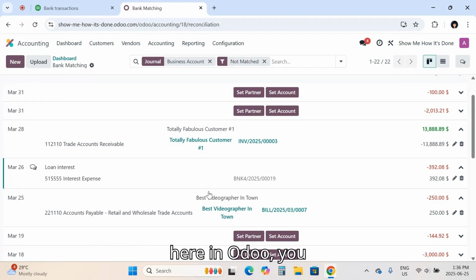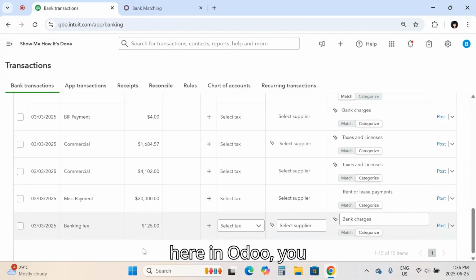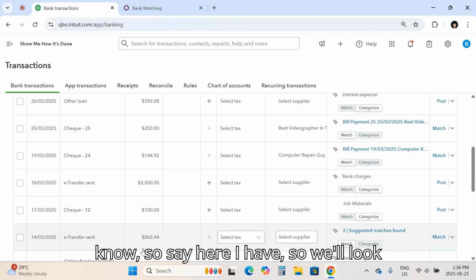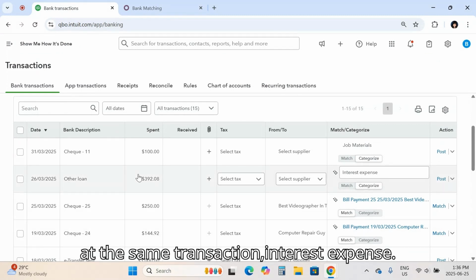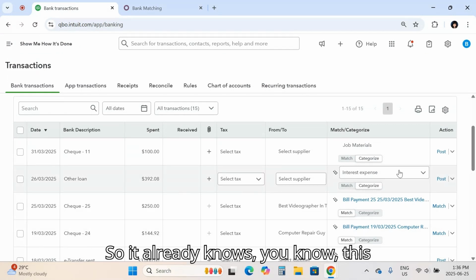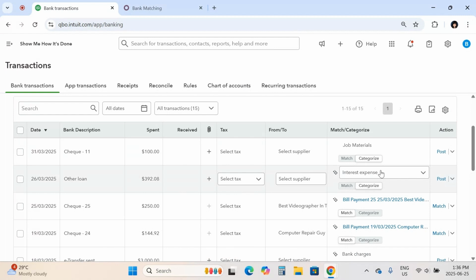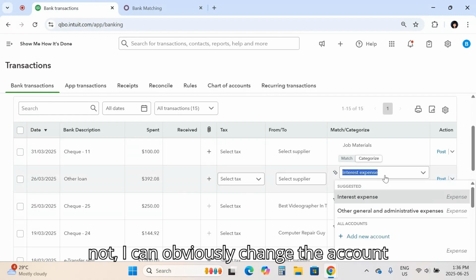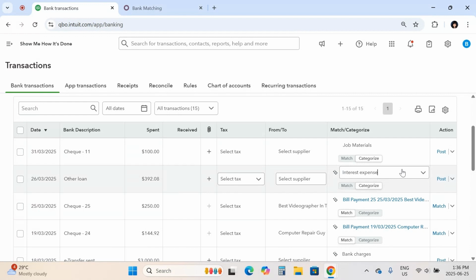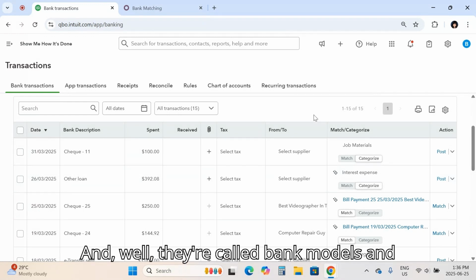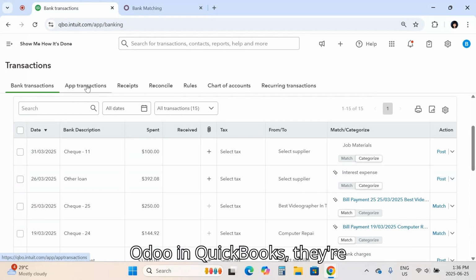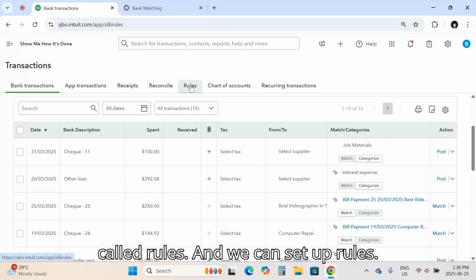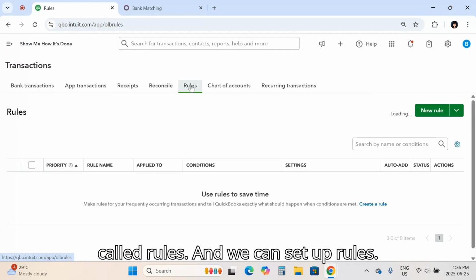Now over here in QuickBooks, we'll look at the same transaction, interest expense. It already knows this is most likely interest, so it's there. I can just hit match. If it's not, I can obviously change the account to any other account that I want. They're called bank models in Odoo. In QuickBooks, they're called rules, and we can set up rules